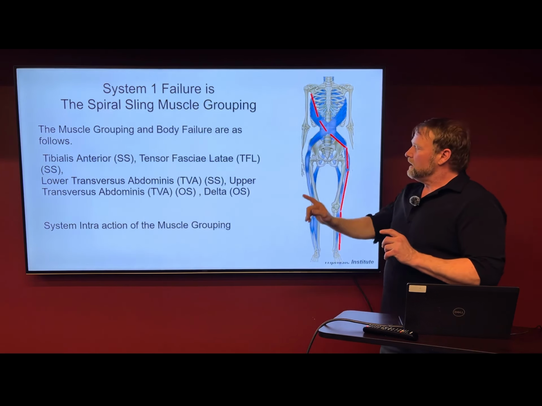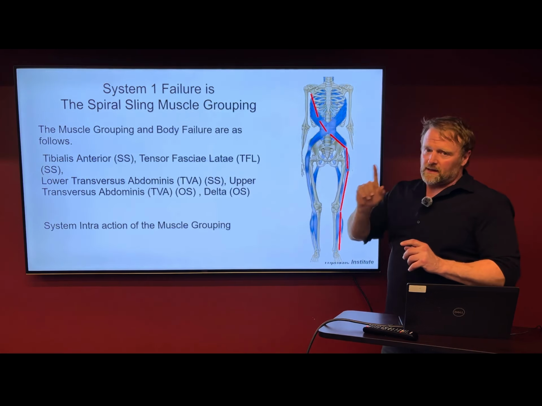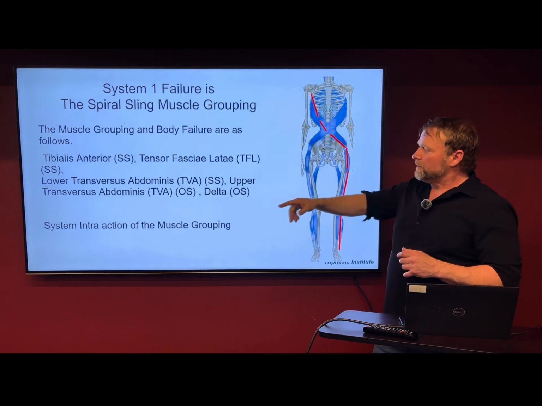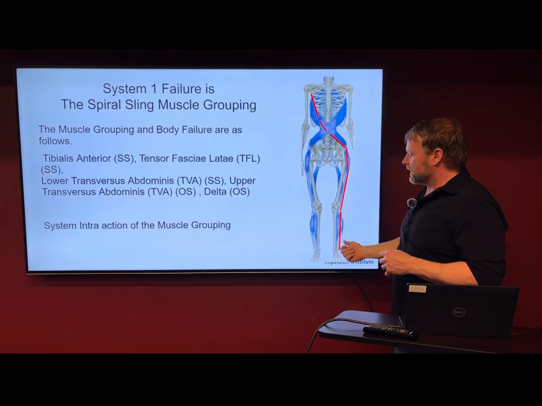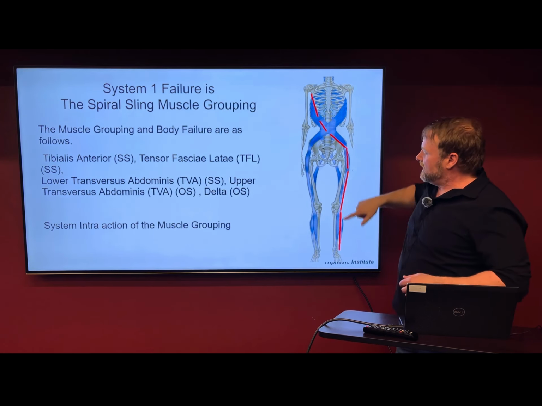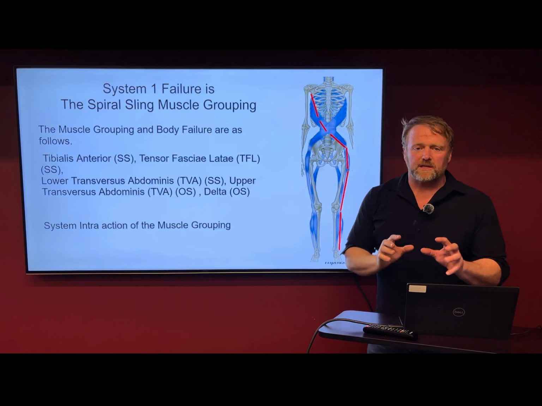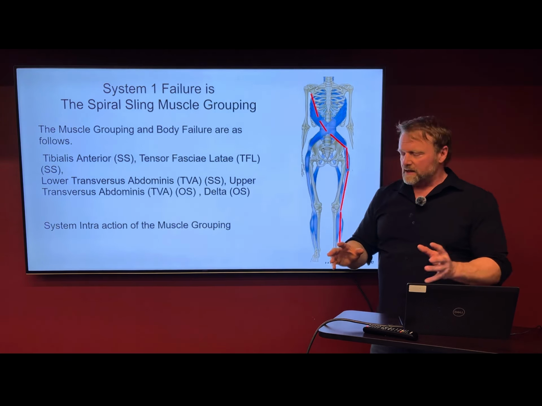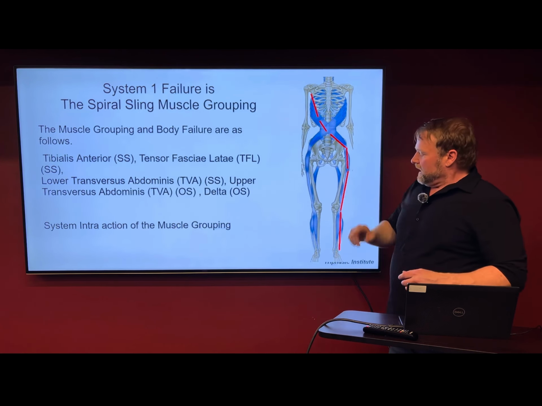I'm telling you, the ones I'm going to tell you right now are part of that system, and these are the ones that fail, and these are the ones that we test. Okay, so the tibialis anterior, we're going to go from the foot up. So the spiral sling, as it runs through the body, and I'm not going to educate you on what these are. If you want to go read on them, there's plenty of articles on the internet if you don't fully grasp it. But essentially,